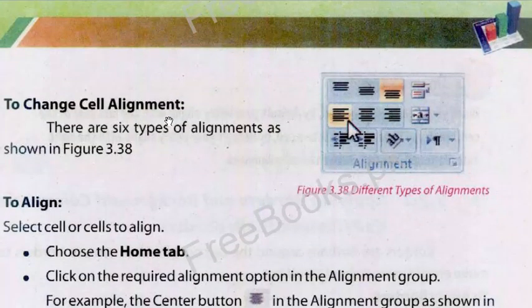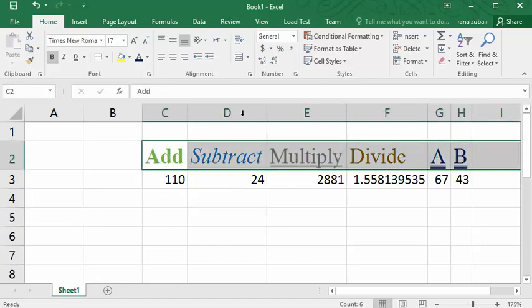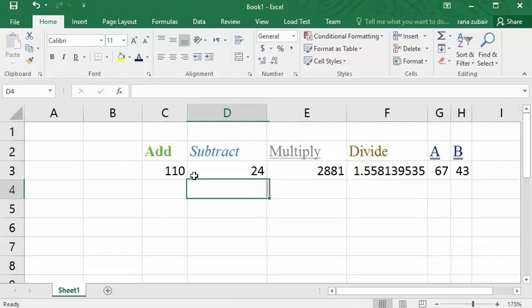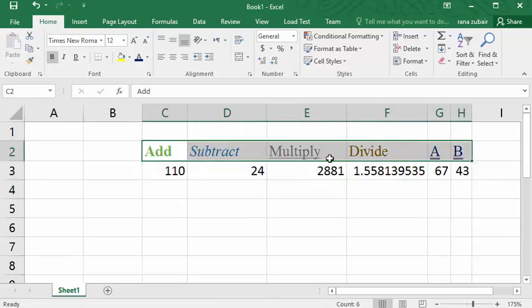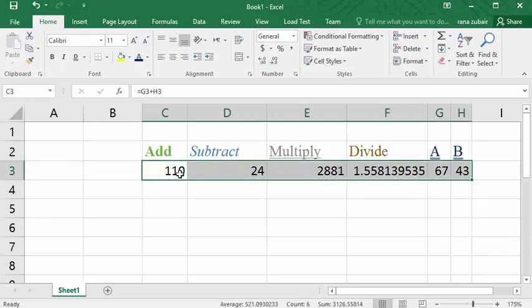Change cell alignment. Now this is what is important. By default, when you write text that includes any alphabet, it will be written on the left side of the cell, and any number you write will be shown on the right side of the cell.